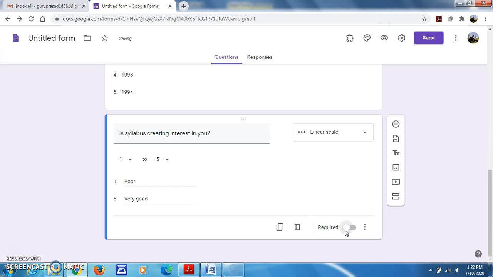So if it is not required, in this case he may not answer this question. So he is not ready to answer means he can leave the question. But if you select it as required, then he has to answer that question. So he won't be having any option. So therefore he has to answer. If you select this as not compulsory, he can skip this question.